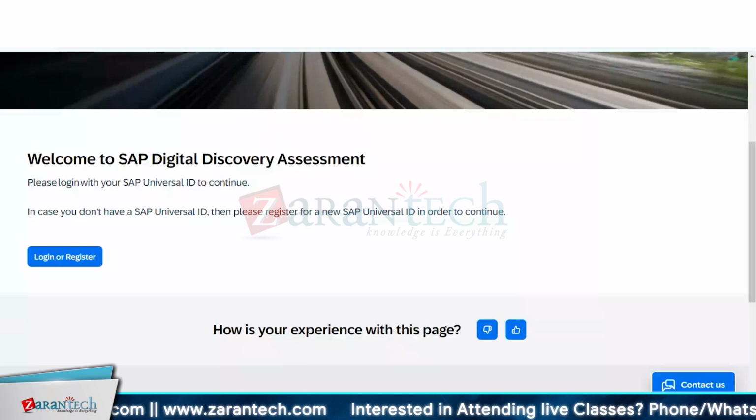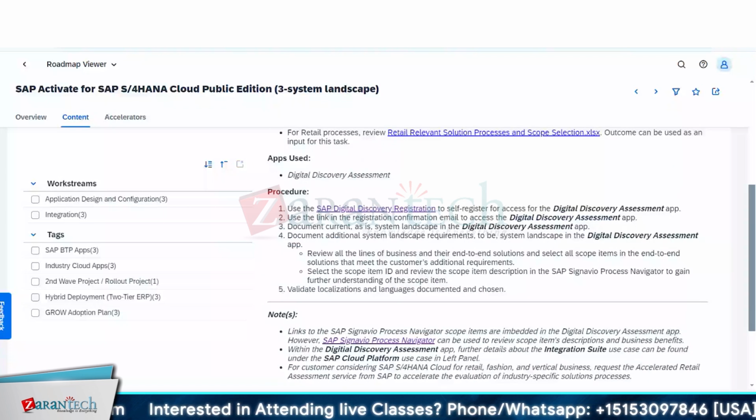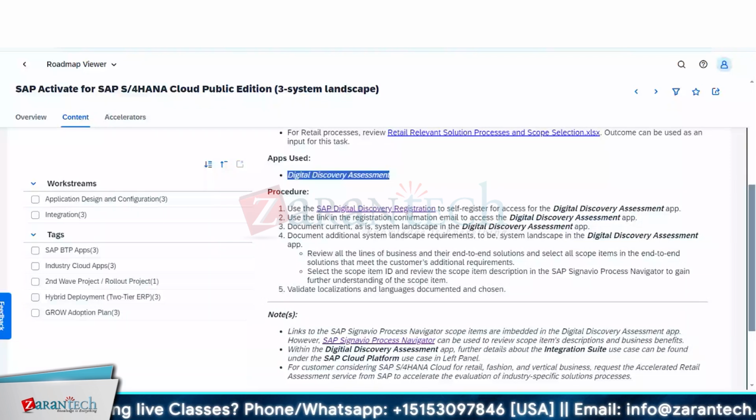Sure. Yeah. So basically, the procedure in the digital discovery assessment part will be, first we use the SAP Digital Discovery registration to register for access to the digital discovery assessment. So basically, you give your user ID or email ID, your first name, last name, your phone number. I normally don't give my phone number, because they might try to call you from the SAP side. So we don't need that. And then